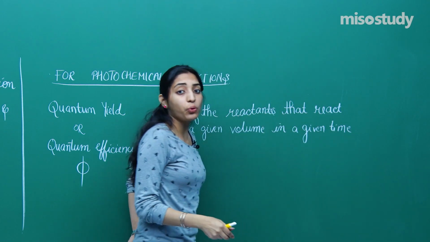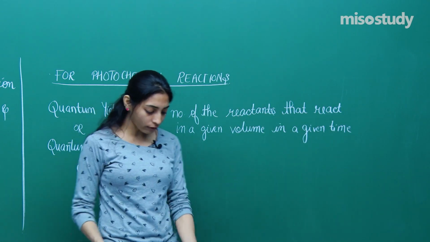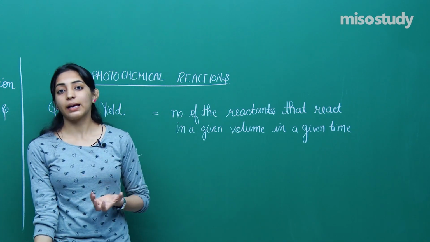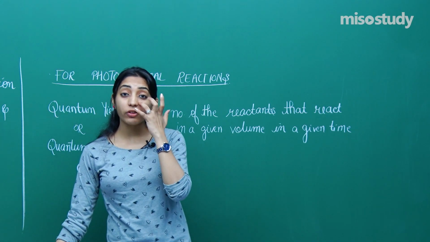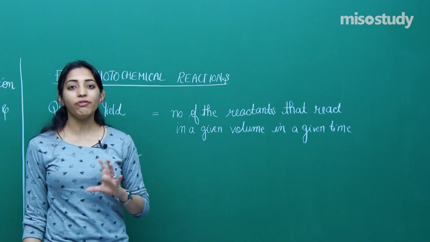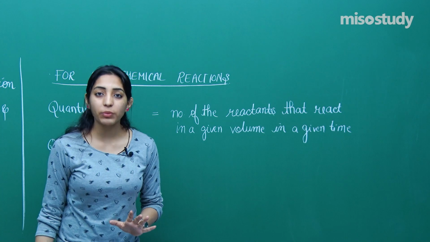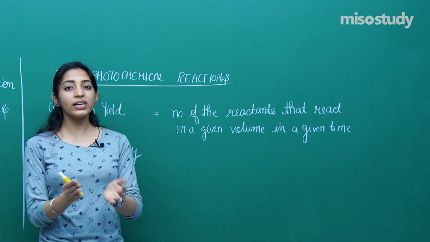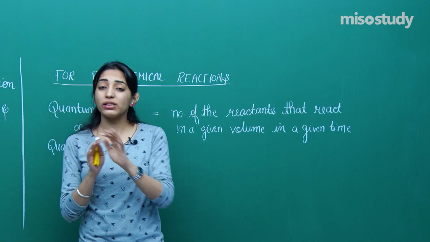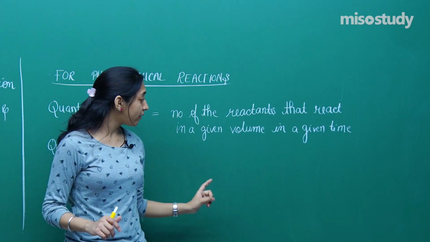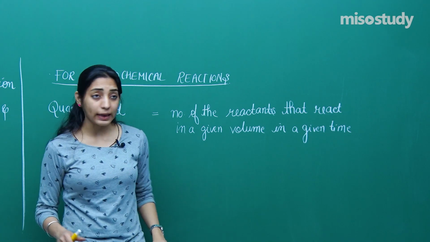So you are now fixing the volume of the vessel and you are fixing the time. Let us say a particular photochemical reaction is carried out for 5 minutes. Now in those 5 minutes you have fixed the time has to be 5 minutes only, and you have fixed the container, so you need to look into this much volume only. So the number of reactants that are going to react in a given volume in a given time